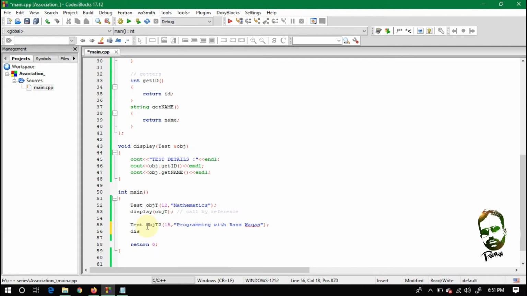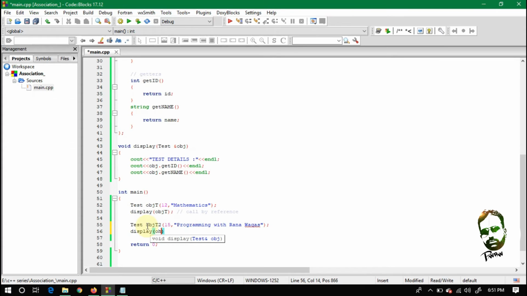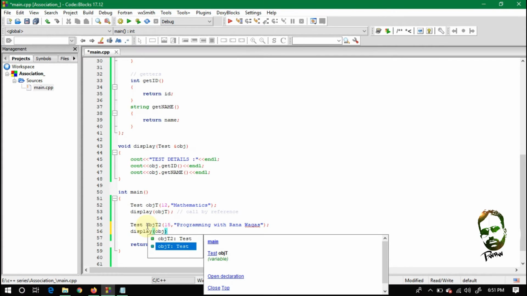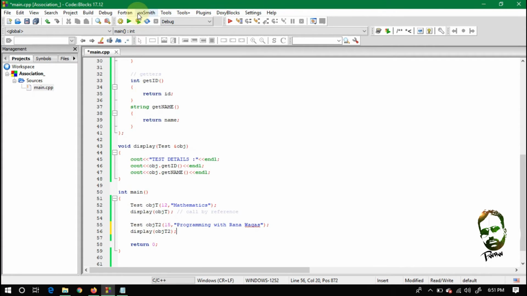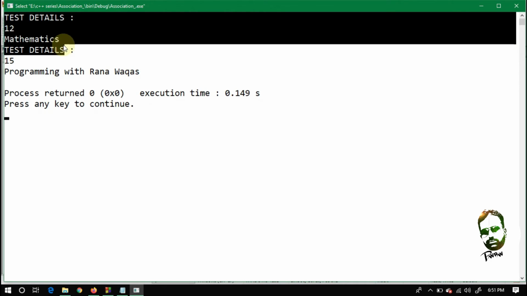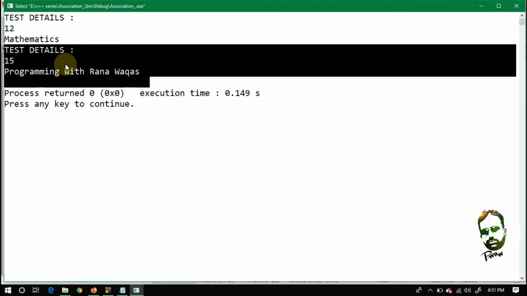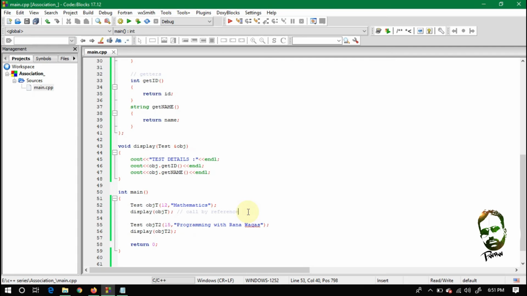So let's call the display method again and pass obj t2 into it, and let's run it. You will see here test details 12 mathematics, and the next call is test details 15 programming with Rana Vakas class. Hope so guys, you can now pass objects into functions by reference or by value.